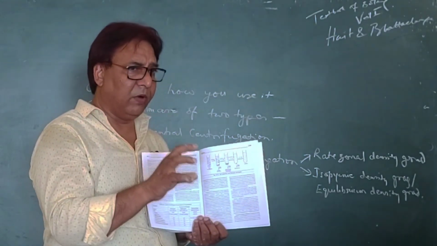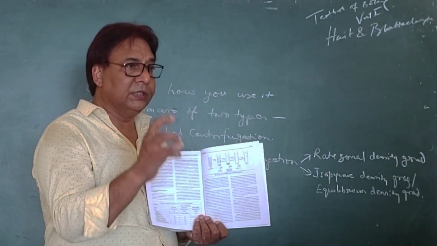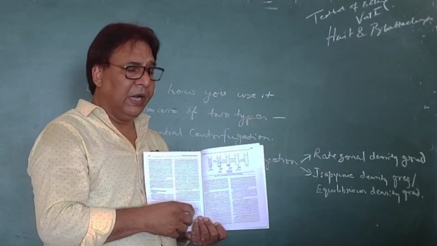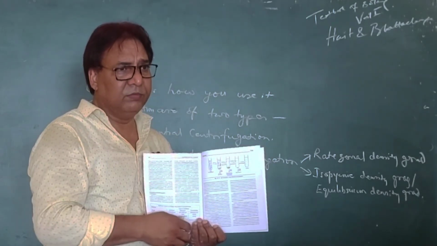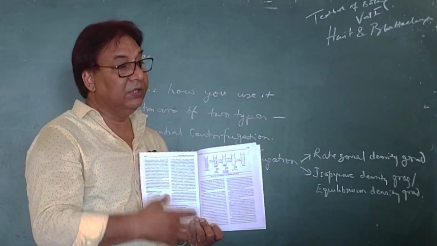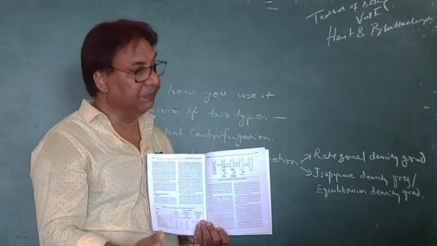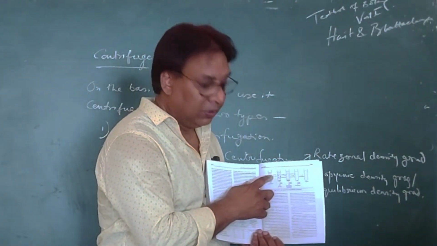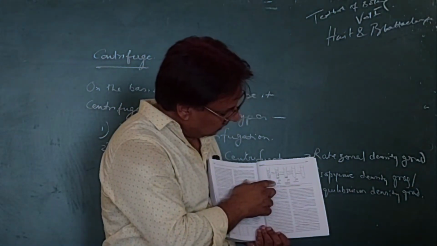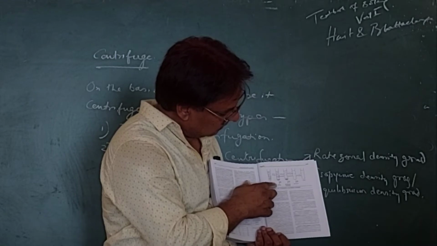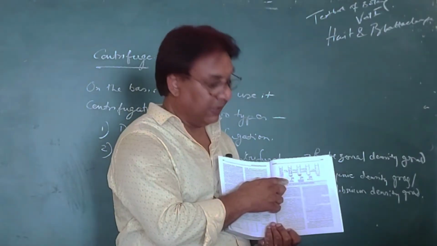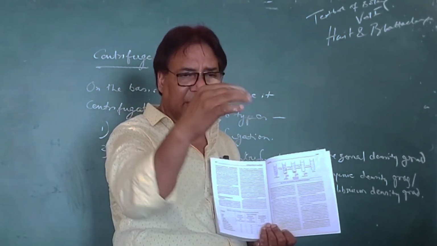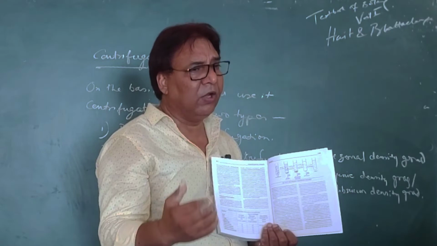But here the density of the liquid is the same all along. Only the density of the particles is different, their radius is different, and on the basis of that sedimentation rate, Stoke's law, they get separated at different speeds, different RPMs. So at first, you use 600 G to separate the nuclei. Nuclei get separated, and also some cell debris, meaning the cell membrane and other things, will also come along